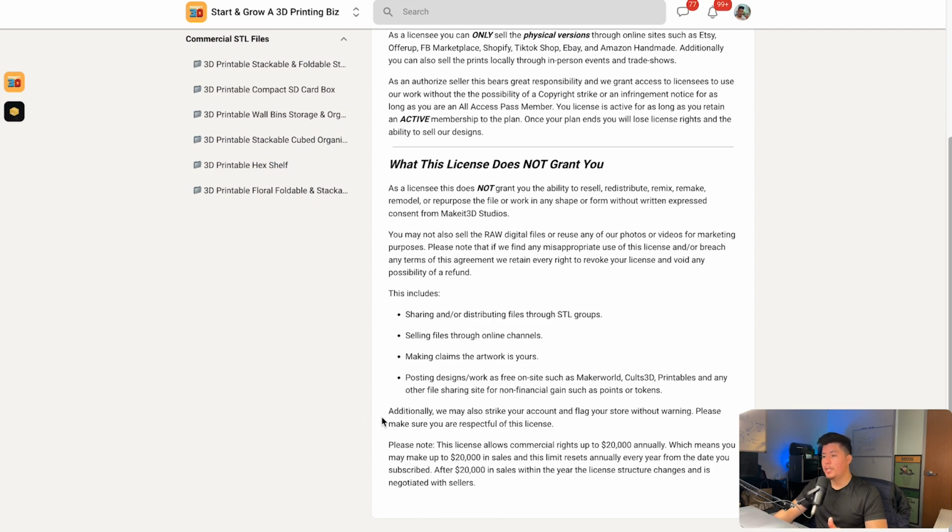Additionally, we also may strike your account and flag your store without warning. Please make sure you are respectful of this license. Please note, this license allows commercial rights up to $20,000 annually, which means that you can make up to $20,000 in sales, and this limit resets every year from the date you subscribe. After $20,000 in sales within the year, the license structure changes and is negotiated with sellers. Now, in the very end here, I make it very clear that they can make up to 20 grand from the 3D printed designs